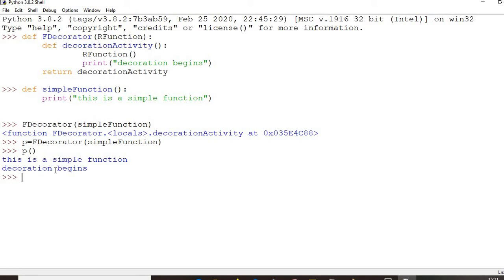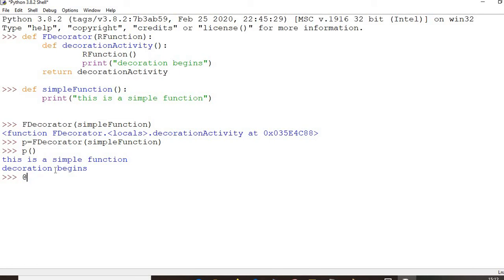Now there's a way to simplify this whole program, and for that the @ symbol is used, and this symbol is called a decorator in Python programming.